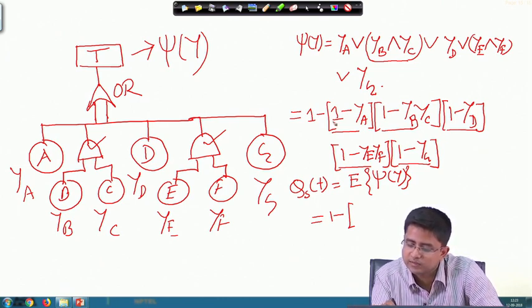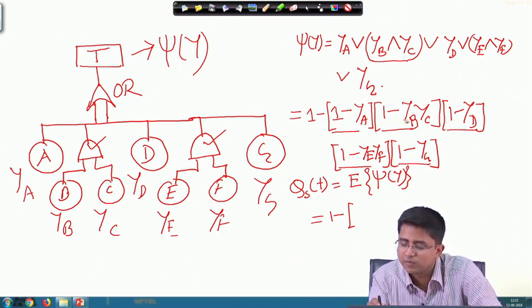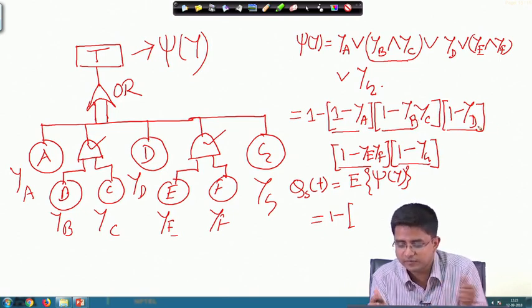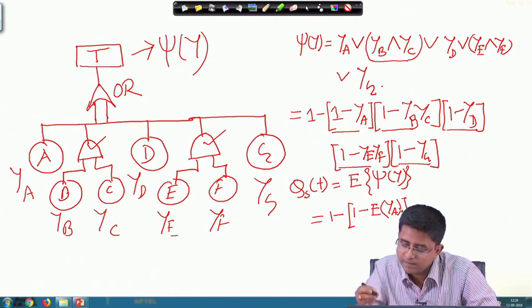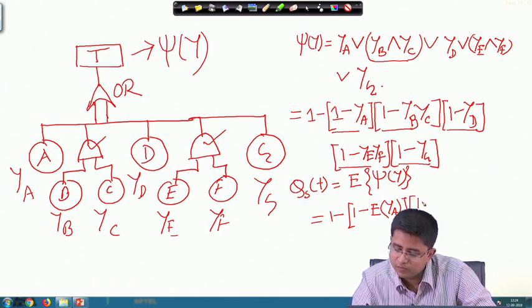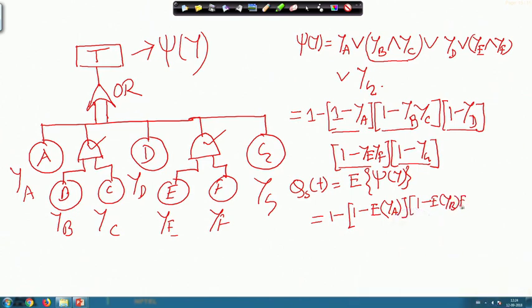That is why the terms 1 minus y a, 1 minus y b y c, 1 minus y d are all independent in nature. So, we can write 1 minus expected value of y a, into 1 minus expected value of y b into expected value of y c, 1 minus expected value of y d,